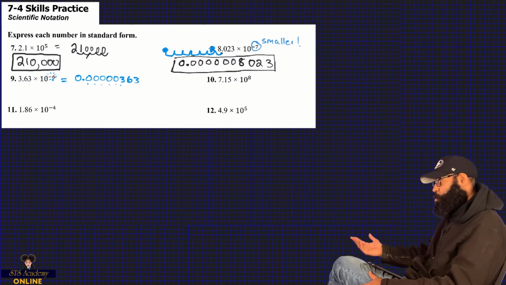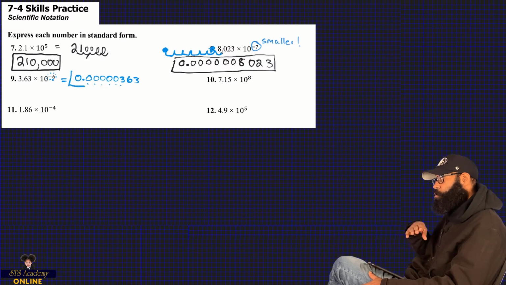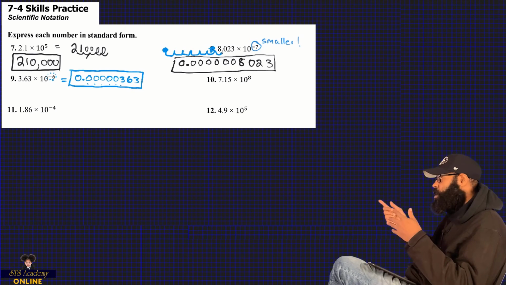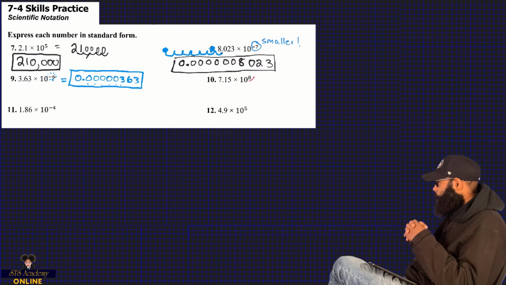Counting my decimal places, just to be sure. You want to do that again, because remember, the only mistake you can make, guys, is literally you went the wrong direction or you put too many zeros. It's gonna happen, right? So for 10, it looks like 7 and 1500ths times 10 to the 8th, making it